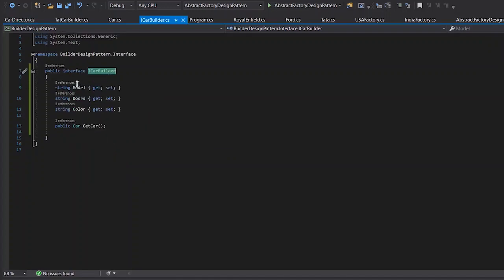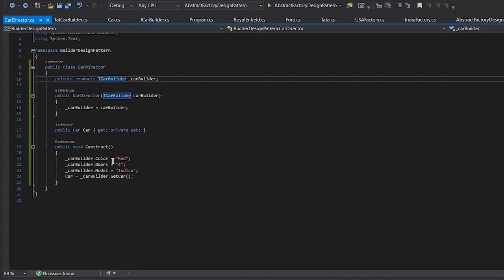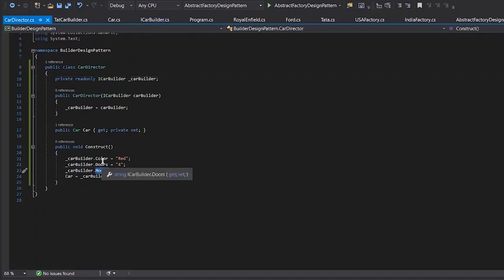One step was model, so we have called a model step. One step was door. One step was color. So we can change each of the steps to get a different representation of the actual product. Suppose I can change the doors to be 2. So the final product will be different.